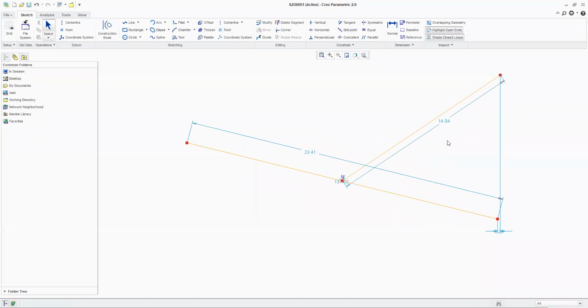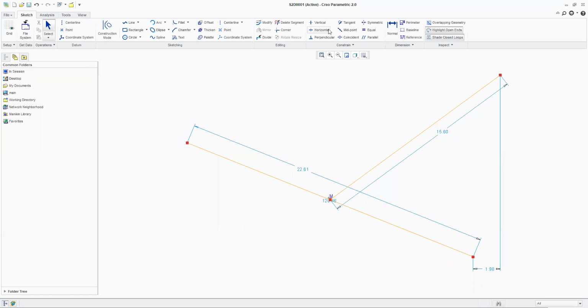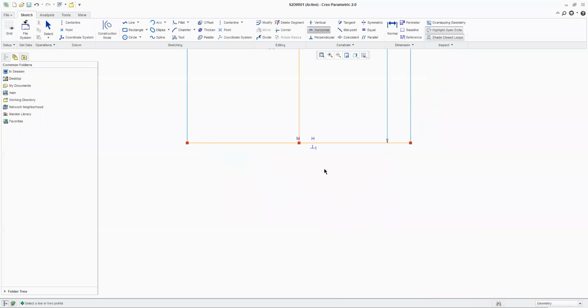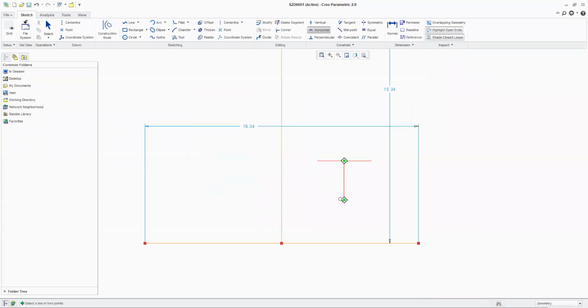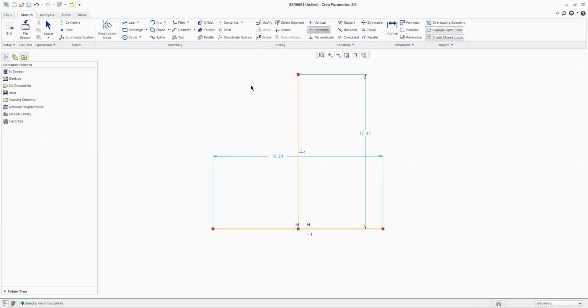Now you will notice that this point is on the midpoint of that segment, always. Perpendicular, this guy with respect to this guy. Horizontal, this guy. See here, we have completed a sketch. Okay, this is how you can give geometrical constraints to your sketch.